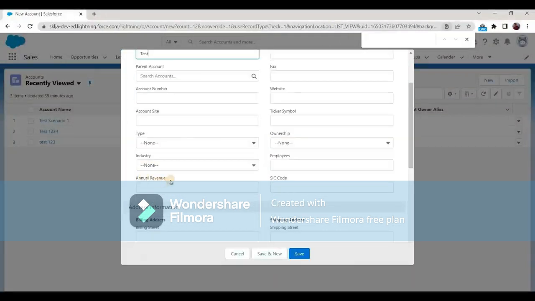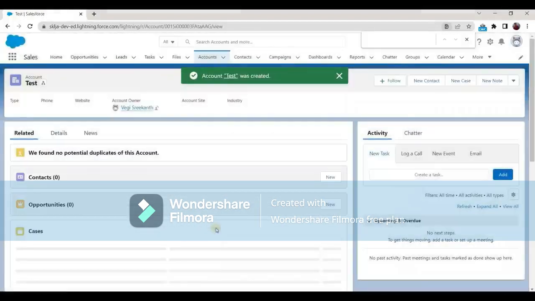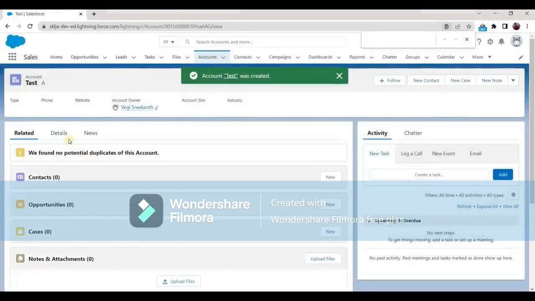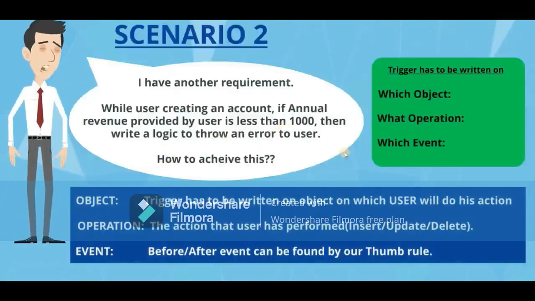so where is annual revenue? You see the annual revenue, this is a standard field. If this value is less than 1000, then they should provide an error saying that annual revenue should not be less than 1000, something like that. But at this point of time, it will allow you to create records with annual revenue less than 1000. Like we have done in the previous scenario, we need to understand